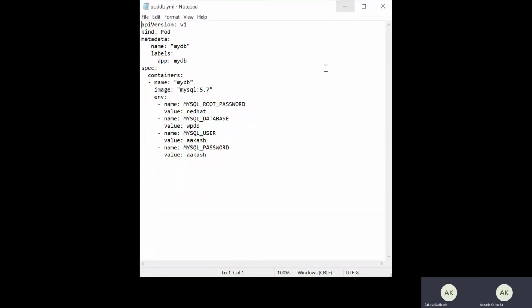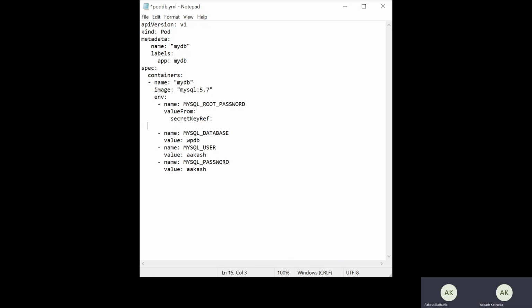So this is the notepad terminal, and in this notepad terminal, if you find it, here is the name, the root password, the Red Hat. So we have updated this Red Hat. In order to update the same, I need to first delete it and then use the syntax valueFrom, right. And inside this, I need to use the keyword secretKeyRef.